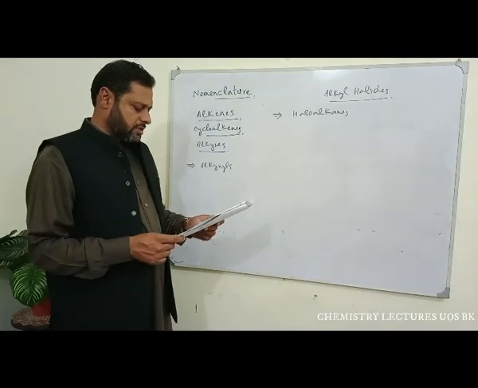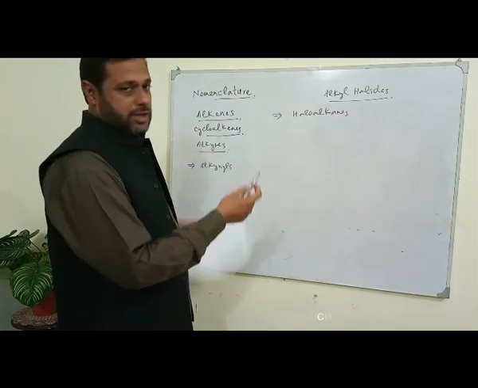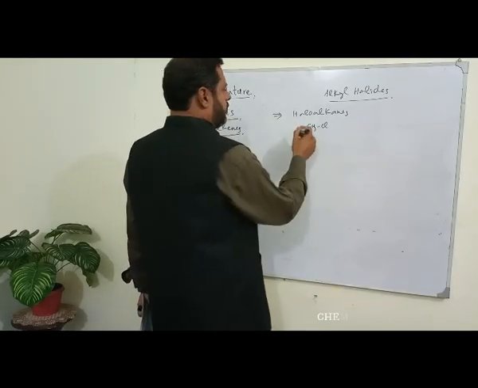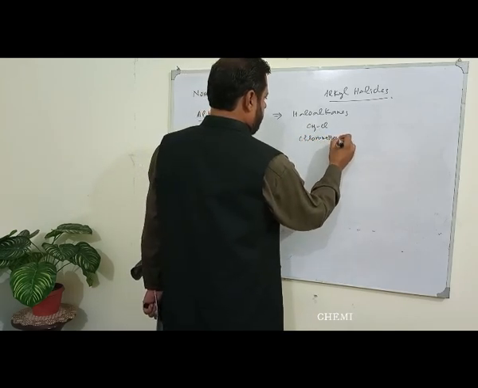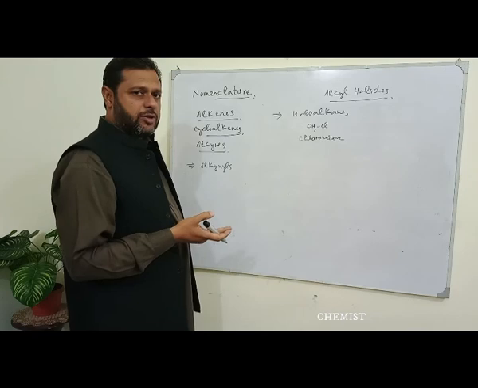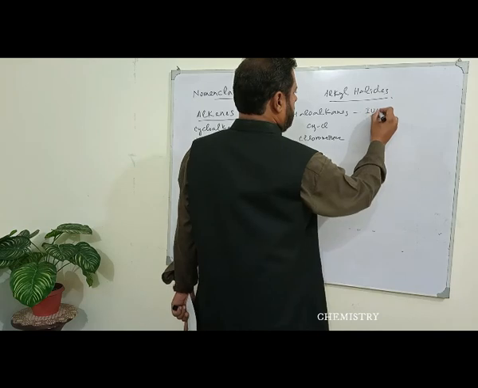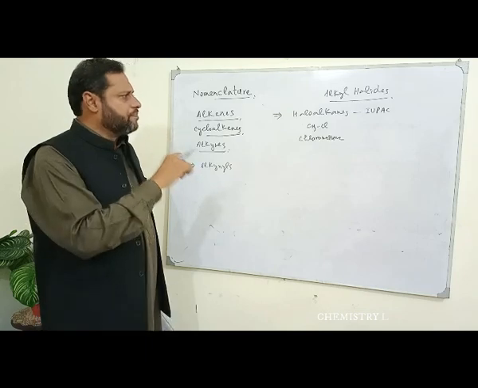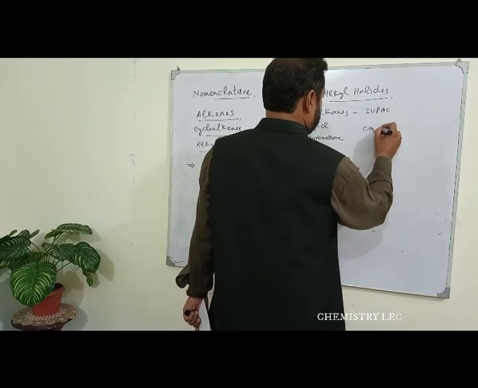Now we move on to the nomenclature of alkyl halides. The general name for alkyl halides is haloalkanes. For example, if you have a methyl group with chlorine, the name of that compound will be chloromethane. So this name is different from the common name. The common name was methyl chloride, but this one is the IUPAC name, haloalkanes. So you have to write the halogen name first with O and then write the name of the alkane, haloalkanes, chloromethane, then